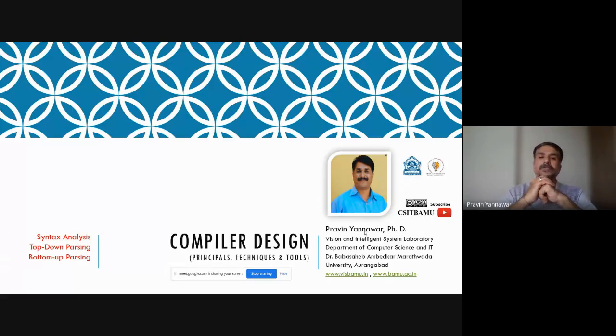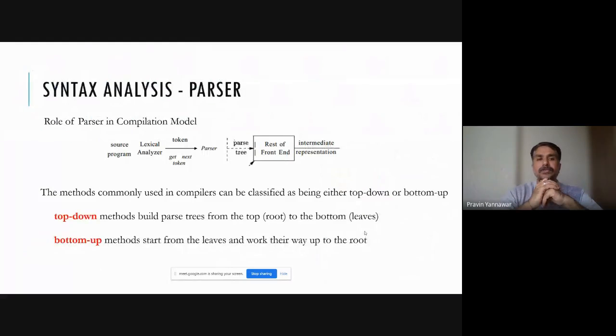Now, the prerequisite for dealing with syntax and semantics, that is the parsing phase, is the support of lexical analysis. Whenever the syntax and semantic analysis requires a symbol, the lexical analyzer will act as a coroutine, generate the symbol, and supply it to the parsing phase. Okay, so what we have understood so far is